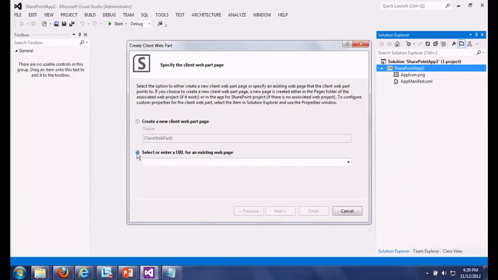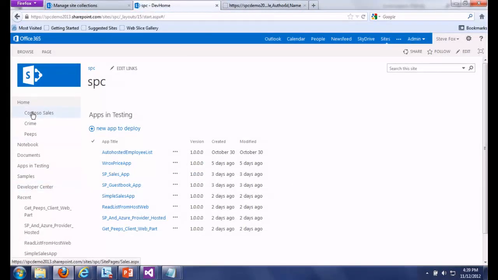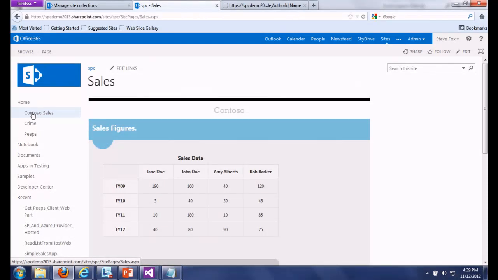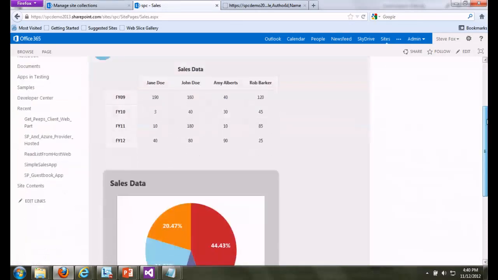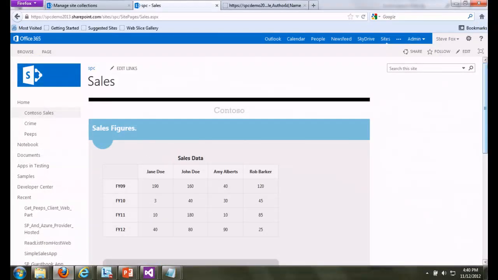And invariably, you get this experience that looks like, let me see this. This is kind of a cool example. I'll load this up for you. This is a client app web part. Working on it. There we go. It's pointing off to a jQuery MVC4 app that's using JSON and the visualization jQuery library. Basically, I was trying to put everything I could into a project to see what would work. You get this nice experience where this is living in an Azure instance, but it's being pulled in and leveraging data, and it seems and feels and looks like a part of the SharePoint experience.